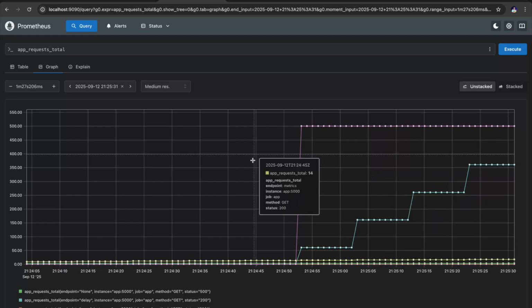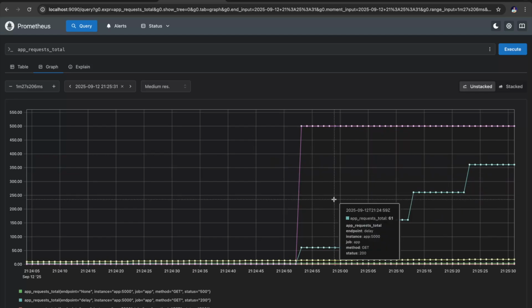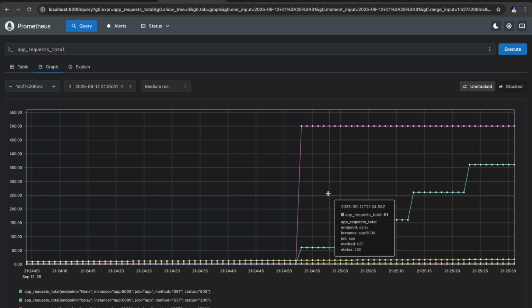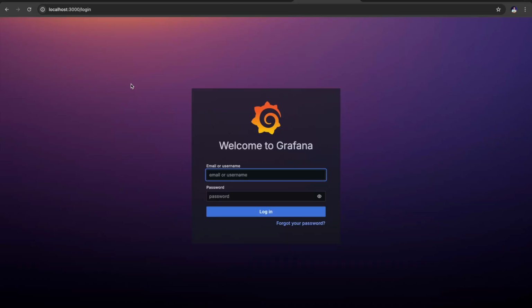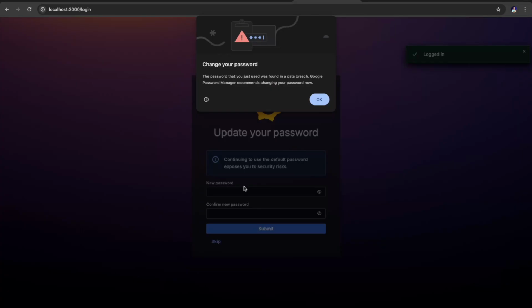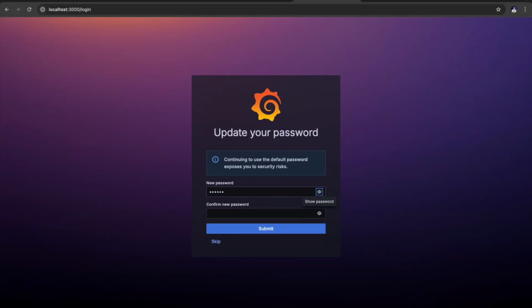The same visualization could be implemented through Grafana as well. So if I go over here, by default over port 3000 my Grafana instance is up and running. I'll just go over here. Admin is the user and admin is the default password, so it asks you to update the password. So once I have done it,